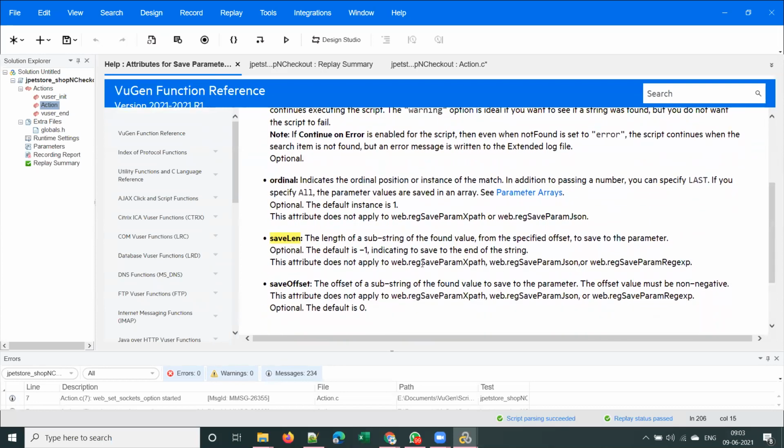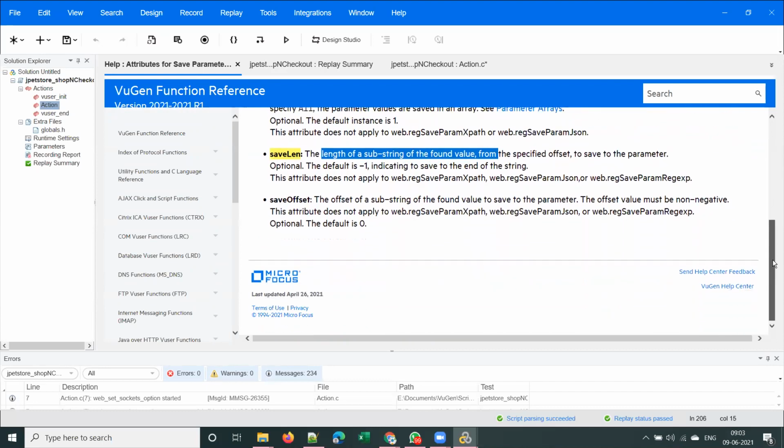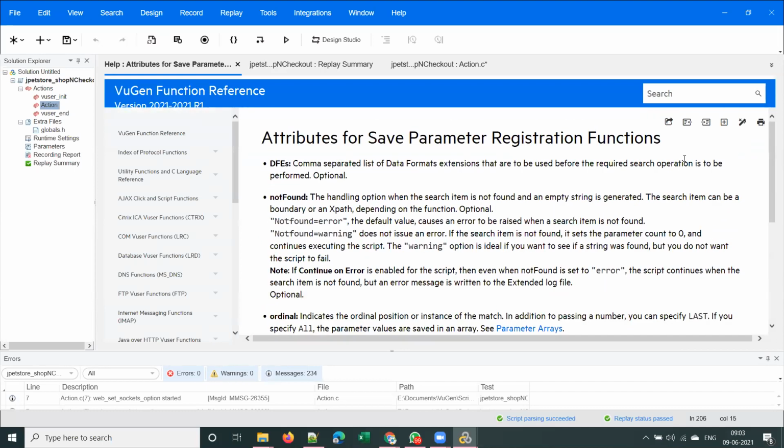Yeah, save length. So what does it do? It is the length of the substring of the found value. Let me show you some example, then you will get a clear understanding.